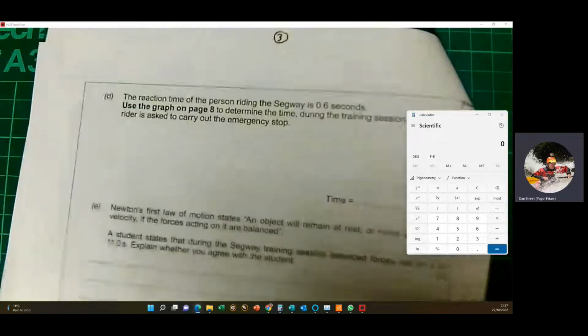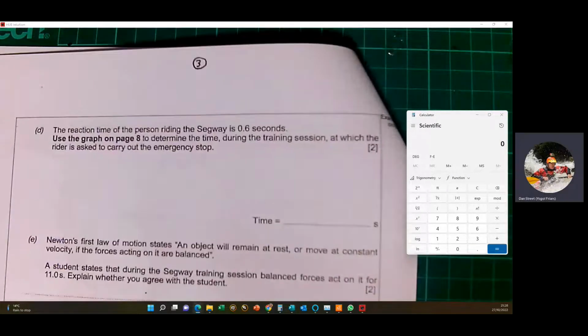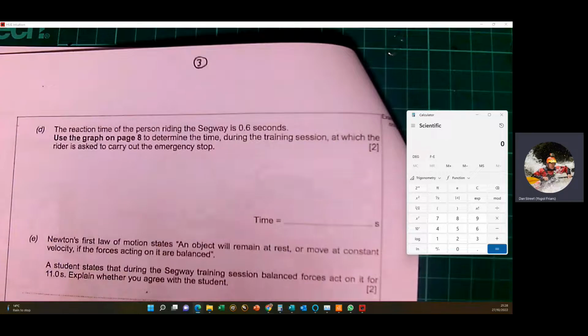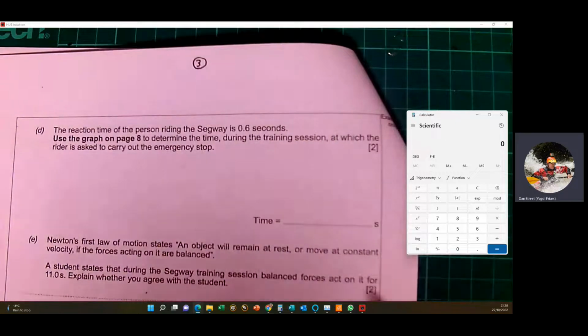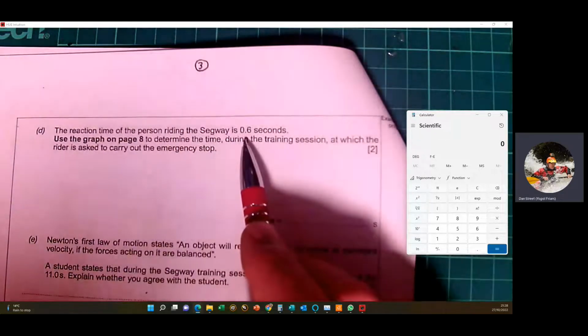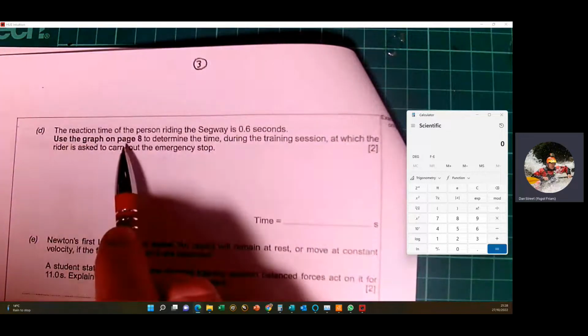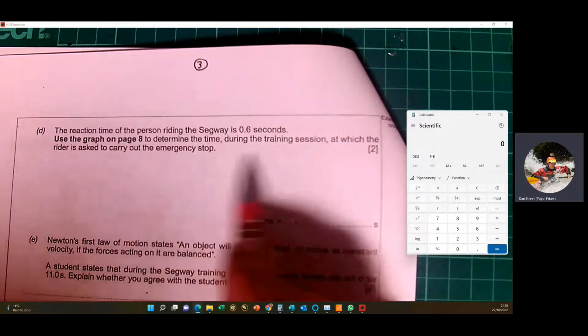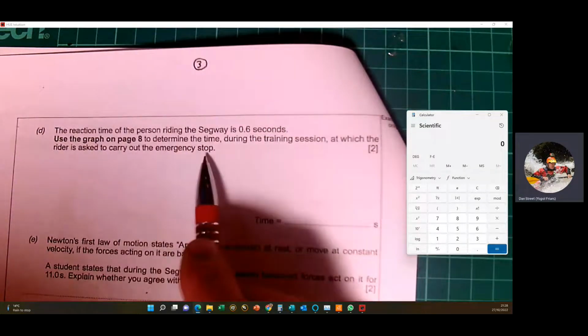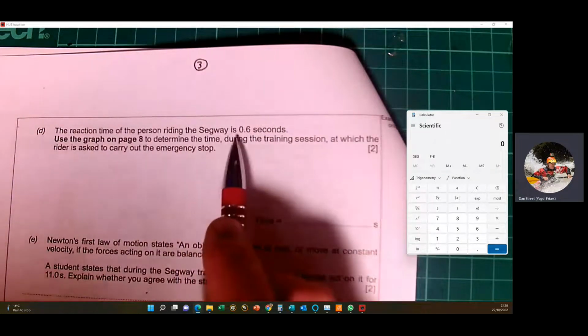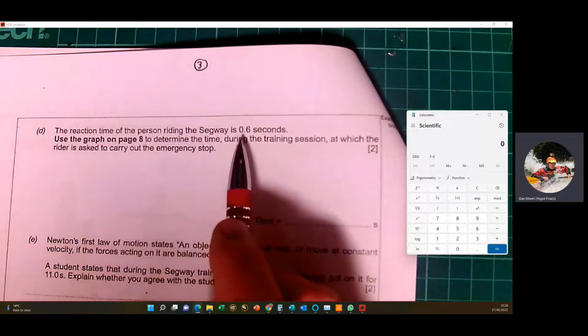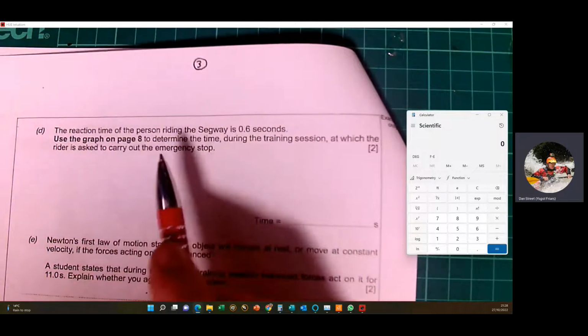So in our next question, it introduces the idea of reaction time. The reaction time of the person riding on the Segway is 0.6 seconds. Use the graph on page 8 to determine the time during the training session at which the rider is asked to carry out the emergency stop. Okay, so what this is telling us is it takes 0.6 seconds between being told to stop and the Segway